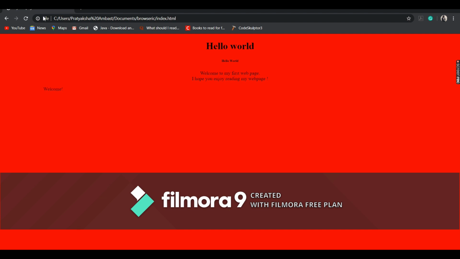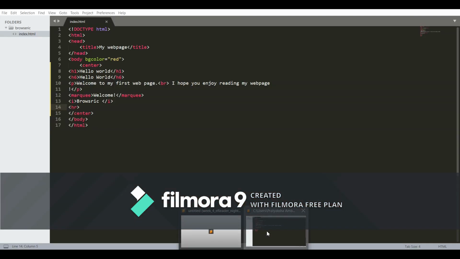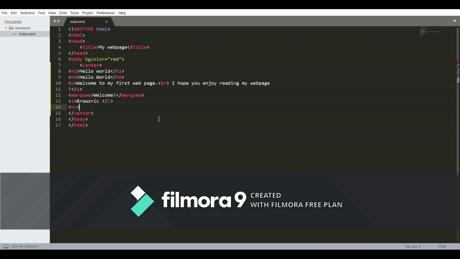Now you save it. Please make sure that whatever you are writing in your text editor, you are simultaneously checking your output also, so that you don't get stuck figuring out what your fault was or what error you are facing. So here you can see the browser, HR tags, H1 tag, H6 tag. You can use other H2 to H5 tags. Give it a shot. So in this way you can create your first web page with basic HTML.